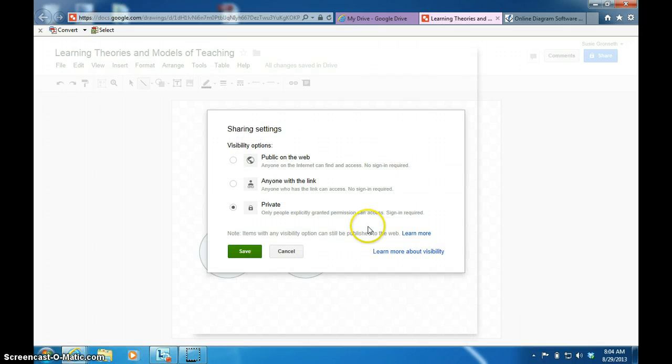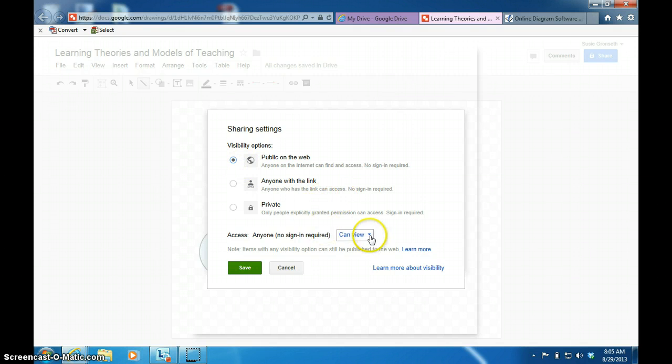So we're just going to click change, and I like to put my concept maps as either anyone with the link or public on the web. This particular concept map doesn't really have any reason for me to make it private, so I'm just going to make it publicly viewable. And then you can change the access. So if you wanted other people to be able to edit it and add more information on your concept map, you can provide the editing privileges. If you wanted to collaborate with other people on this concept map, that would be a great way to do it. Just make it public, change it to can edit,